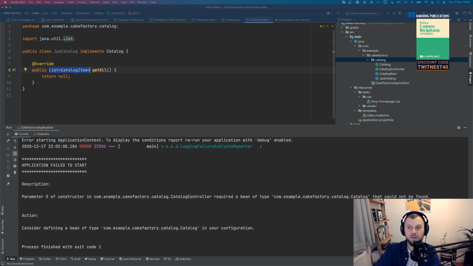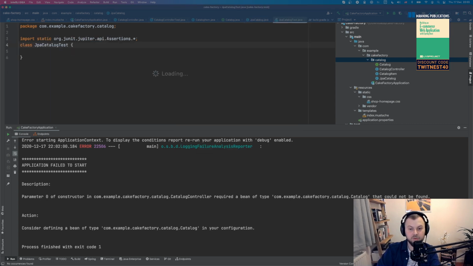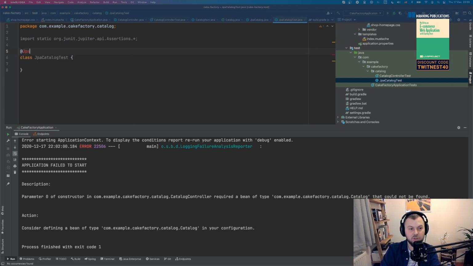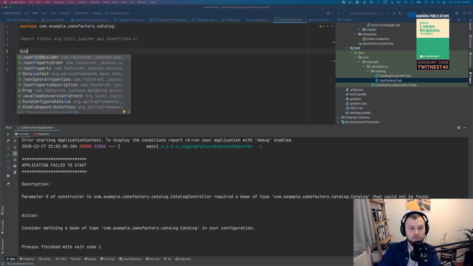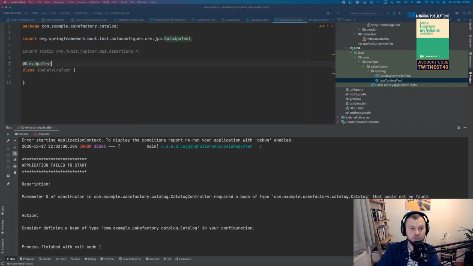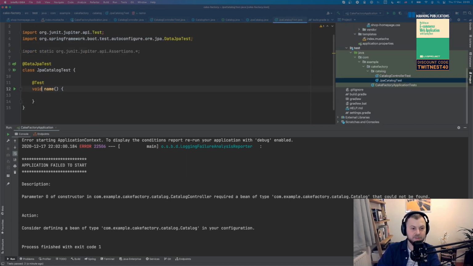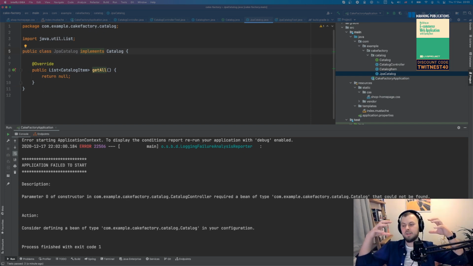So the thing is, I don't really have much time, so I can try to go through a TDD cycle again, because ideally what I would do is implement a test and then say this is a data JPA test, right? Data JPA test, and then I can write some data into that. Actually, you know what? Let's not step away from the best practices. Let's write a test. So now you think about it like I'm testing the same interface from different sides, right?